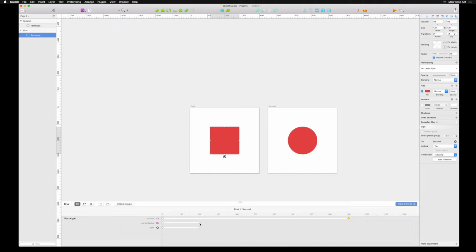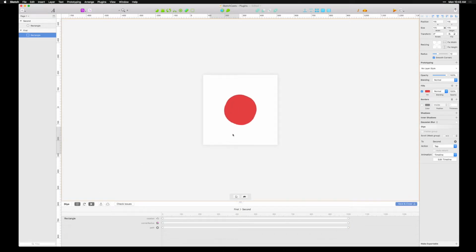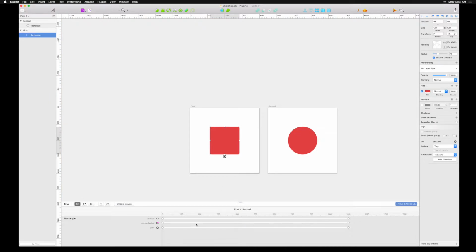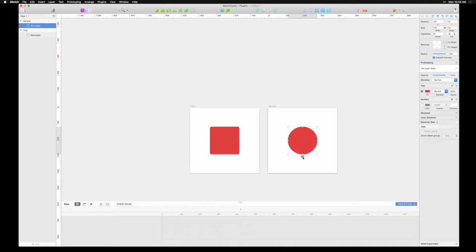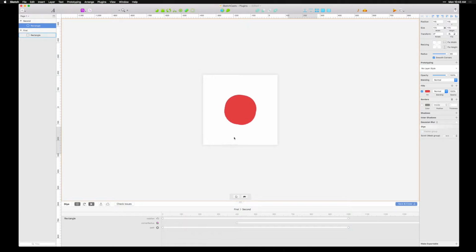Now let's make this a little bit slower, like so. And now let's play the animation. That's really cool, right? Now we can tap here to go back, and maybe we want to do something like that. Let's see. Cool. And then we can go back like that. Now if we want to go back to the initial state, we can select this point, go back, reverse the incoming transition. Let's hit connect. And once we tap play,